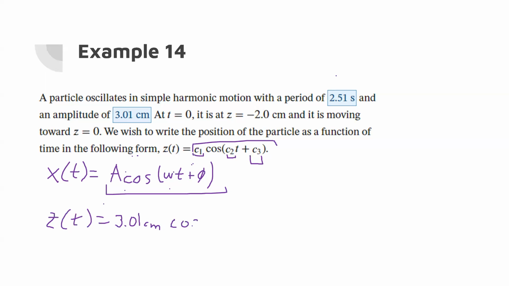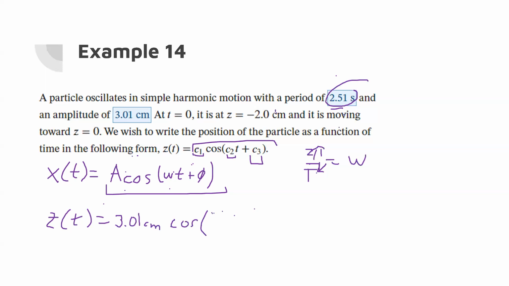And the cosine, and I'm told the period, and this is where we'll use the relation that 2 pi over T is equal to the angular frequency. So if I take this and divide it by T, then I get